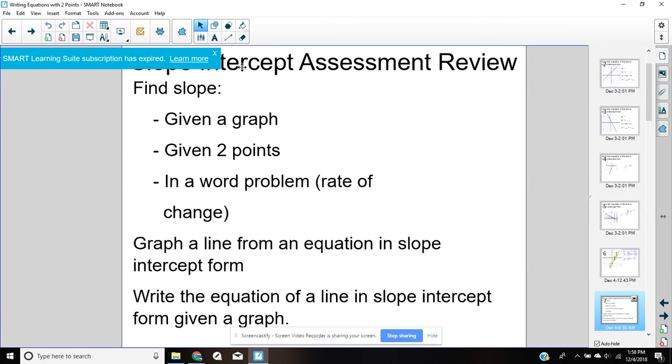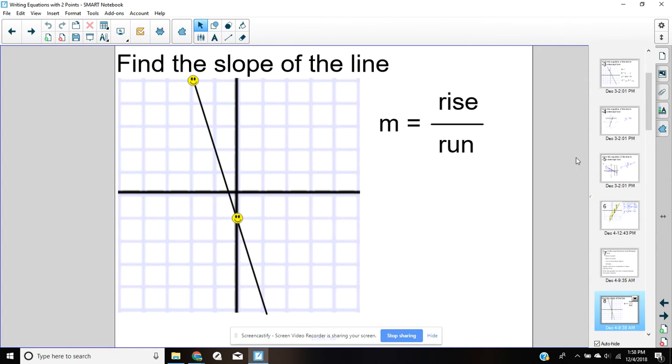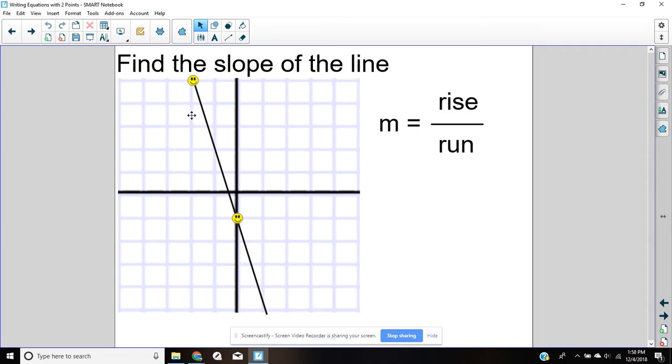All right, in today's review assessment for slope-intercept form, we're going to talk about the following. And we're going to start with just a problem from each type of question that you'll see on your assessment. So the first one is when to find the slope of a line if I actually give you the graph,